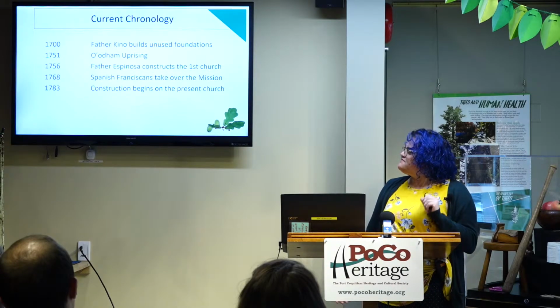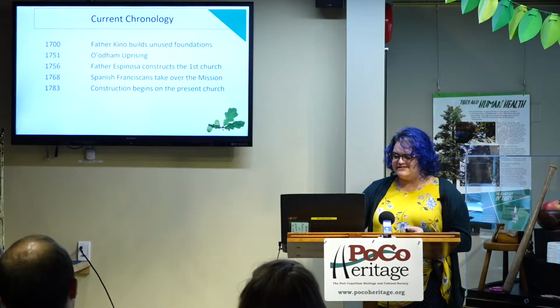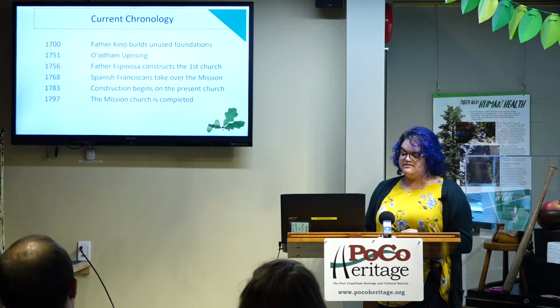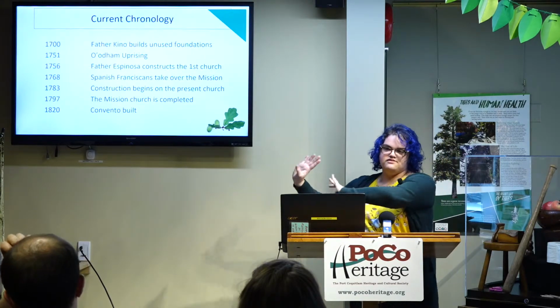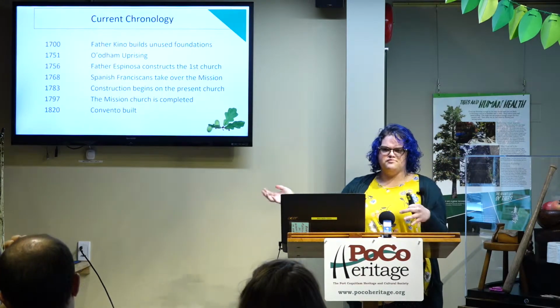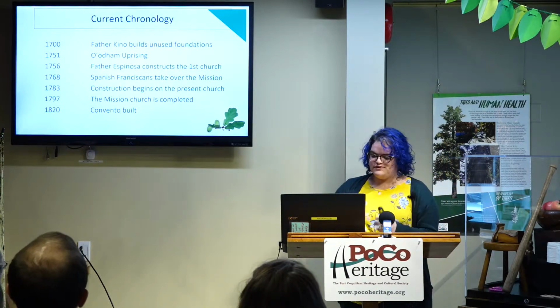Around 1783 is when we believe the construction happened on the church that I showed you a picture of, the church that still stands today, and it was probably finished by 1797. In 1820, they built a whole bunch onto it. That's called the convento. This is a Spanish word that probably means convent. We don't know if it was actually a convent or not, but that part of the church was finished by